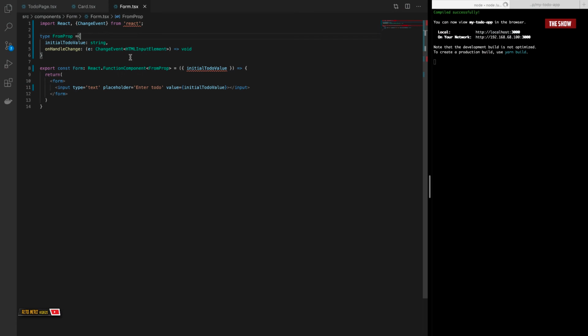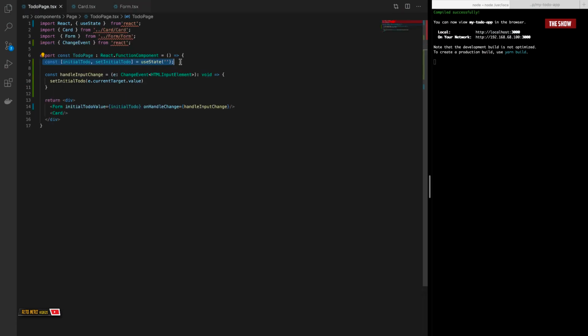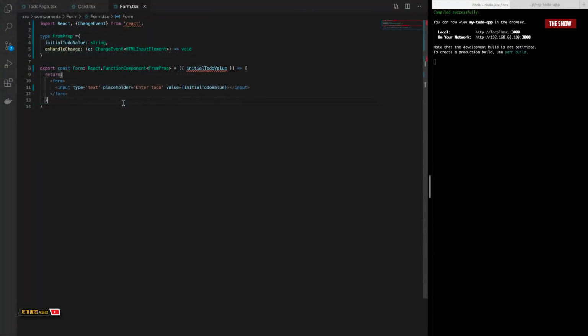So let's go over what we just did. I've created an initial state and a set state. The initial state is an empty string. I've now created a function that takes in an event, which is of type ChangeEvent of HTMLElement. And then when the event changes, I set the initial to-do state to what the person types in the input field. Inside of the form component, I now can pass the onHandleChange function